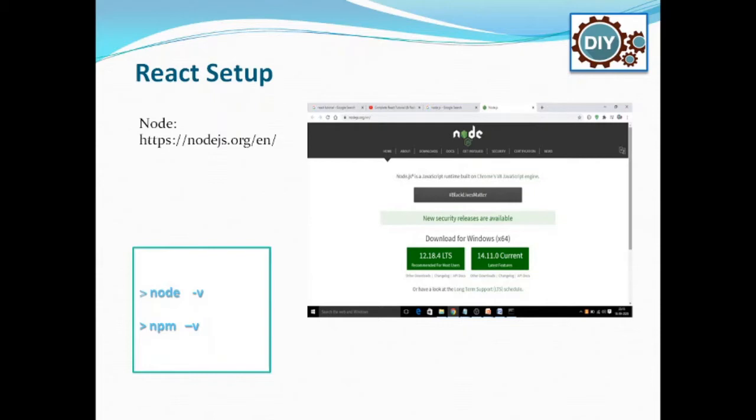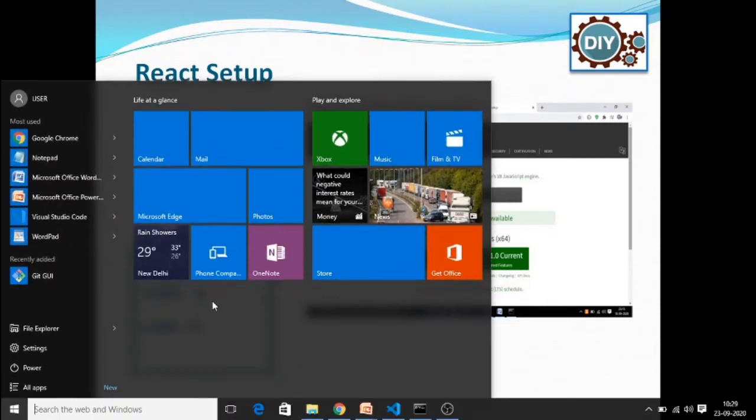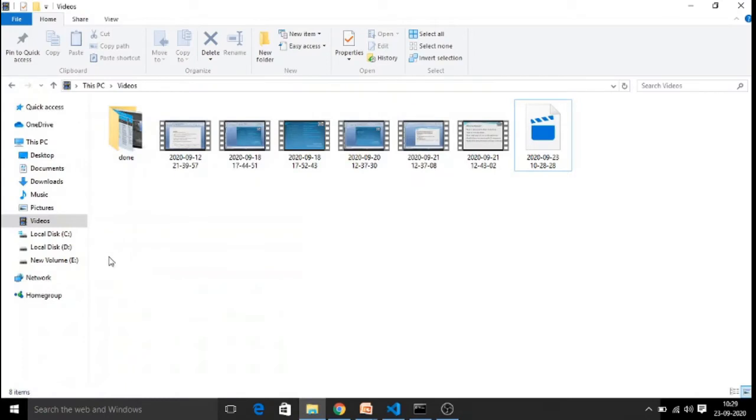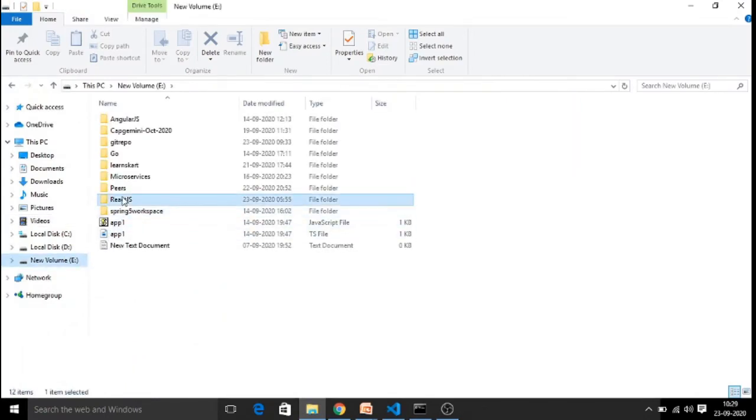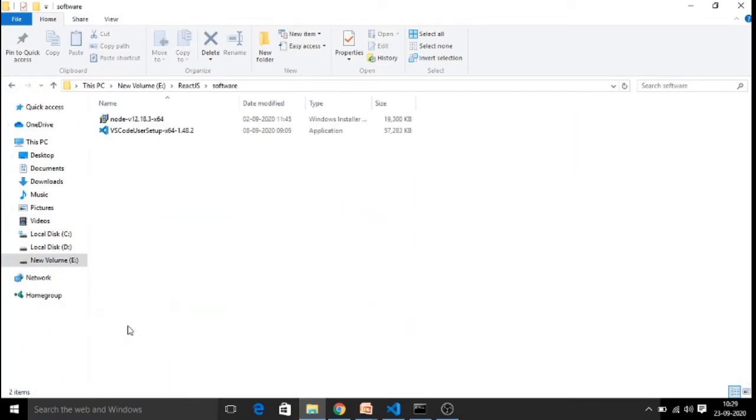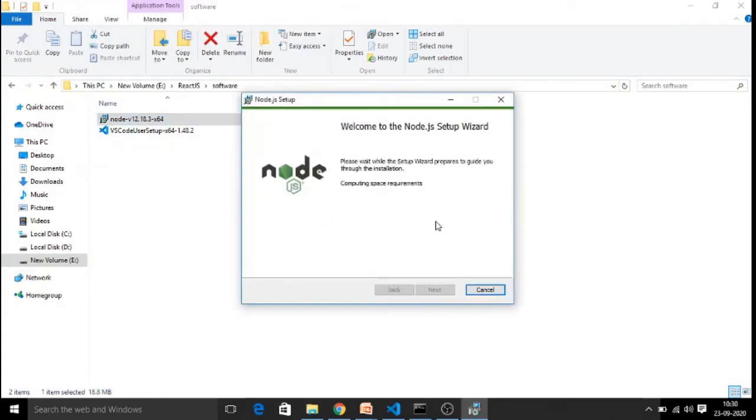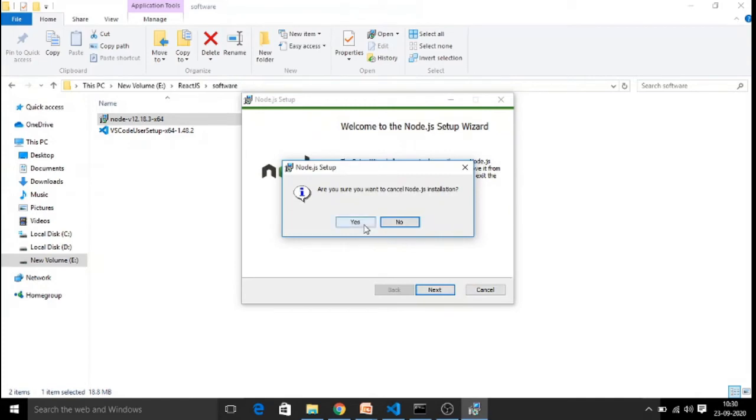So let me show you the software I am using. Here, I already have the software for Node as well as the IDE. This is the Node installation. You just need to follow a few steps, right click and execute. It will navigate through a few steps and get installed. So it is already installed into my system. I'm going to show you whether it is installed or not. Simply you need to check with,